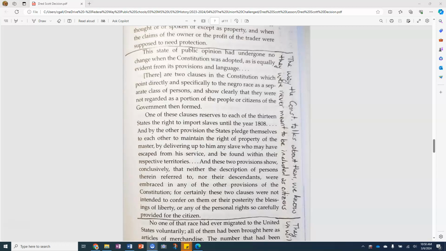And now he's getting into more of what I was telling you about. There are two clauses in the Constitution which point directly and specifically to the Negro race as a separate class of persons, and show clearly that they were not regarded as a portion of the people or citizens of the government then formed. One of these clauses reserves to each of the 13 states the right to import slaves up until the year